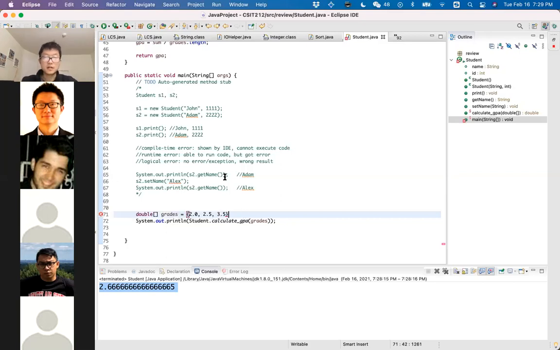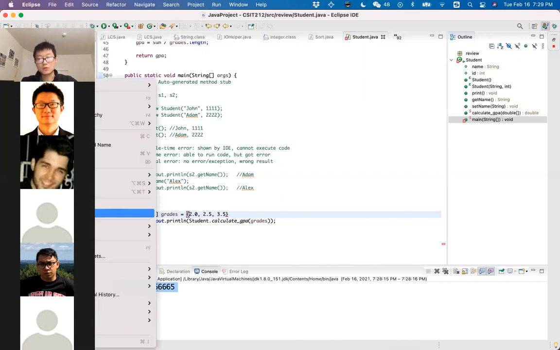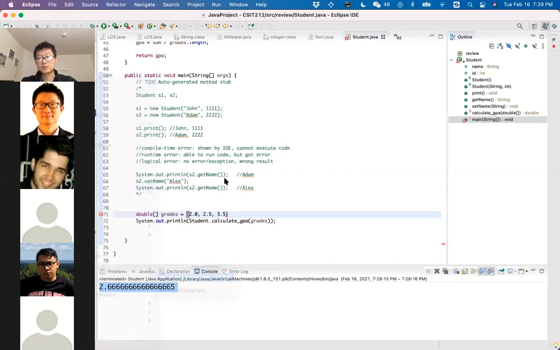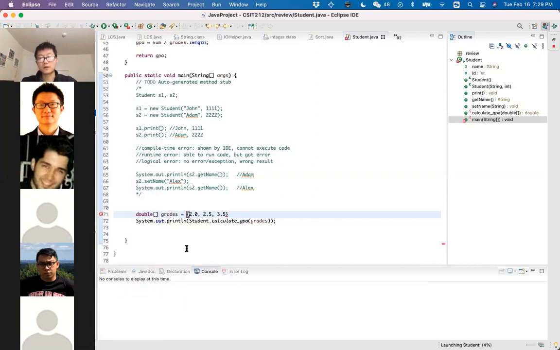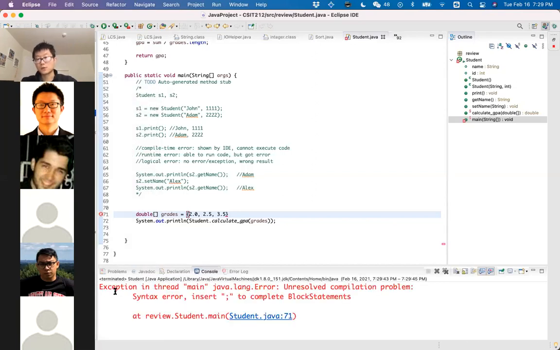But if you don't fix the compile time error, or the grammar error, you cannot even execute your code. For example, if you want to execute the code here, it will say exception in thread main java.lang.Error: unresolved compilation problems.